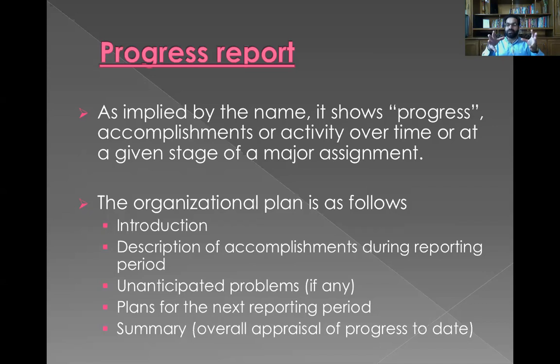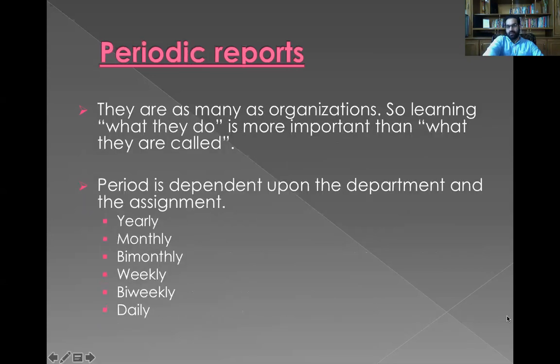This progress report is normally used maybe in schools and colleges. For example, if I have a head office and I have some sub offices, the sub offices are writing reports to the head office, to me. So I understand what is going on in which kind of outlet of mine, and then I act accordingly. The more neutral you are, the better report writer you become, by the way. So I need to move on then.